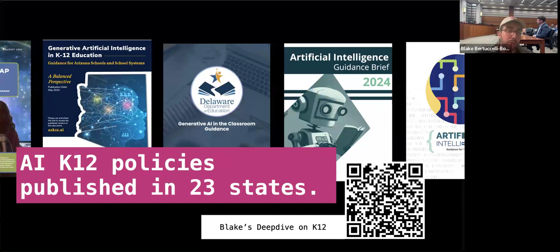There are currently AI policies in 23 states. I've read through all of them. You can look at a deep dive that I created with Google Notebook on it that kind of overviews it all. Lots of these were created when AI was a buzzword and people kind of saw that it was going to do something. So they're not the most informative of policies. They're not the most innovative of policies. They're taking a lot of what education has done with technology in the past and applying it to AI. I think that is the wrong perspective.